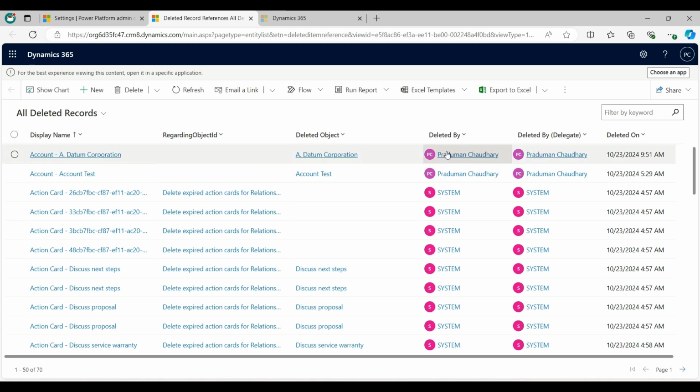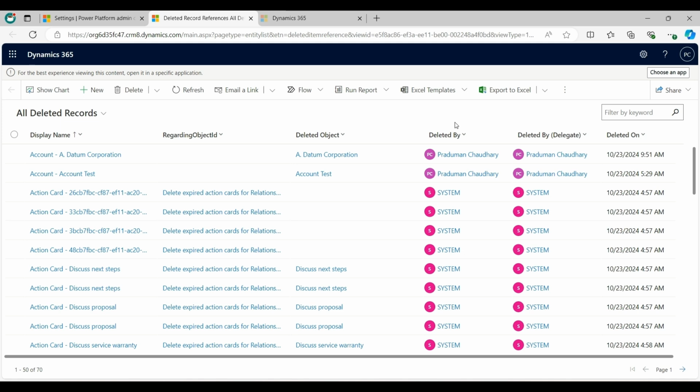You could have configured cascading rules so that when a record is deleted, the related records might also get deleted. Let us think about an account record for which you have that cascading relationship configured. That means when I delete the account record, other records like contact, opportunity and cases will all be deleted.